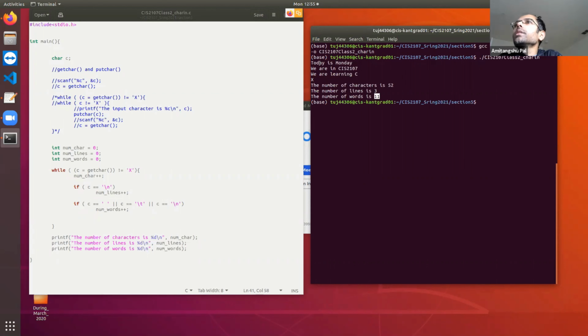So let's see: 1, 2, 3, 4, 5, 6, 7, 8, 9, 10, 11. Okay, so number of words is 11, lines is 3, characters is 52. Okay, so that means whatever text I'm entering, based on that it is counting the number of characters, words, and lines.